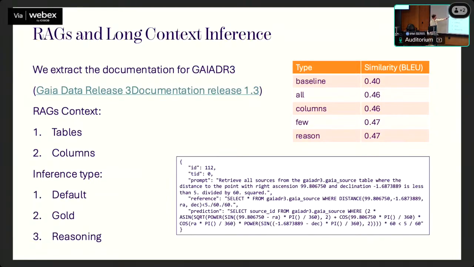And then I get the similarity values, right? So as you can see, the similarity is not that high, right? Because we would want probably close to 1. And the baseline is 0.4, so the RAGs are not providing much in this regard. This is what I mentioned before, because the models are not used to these specific keywords that are coming from the ADQL.